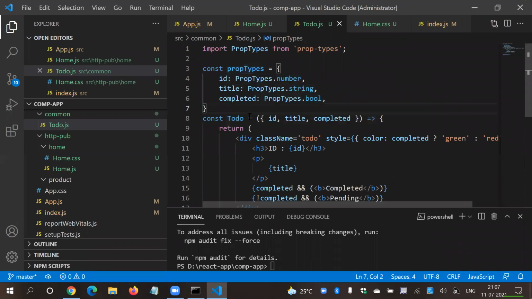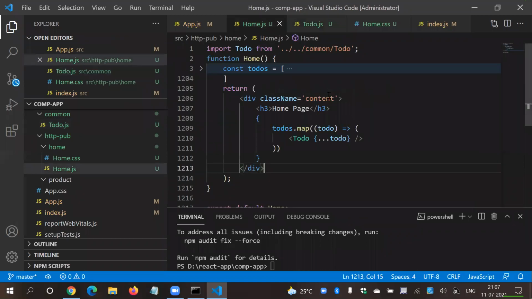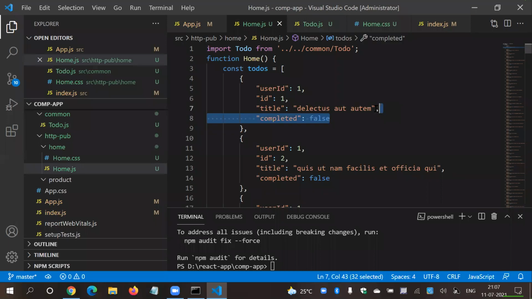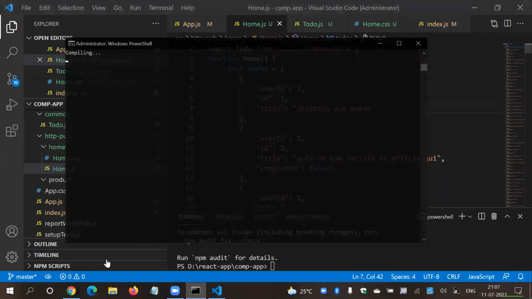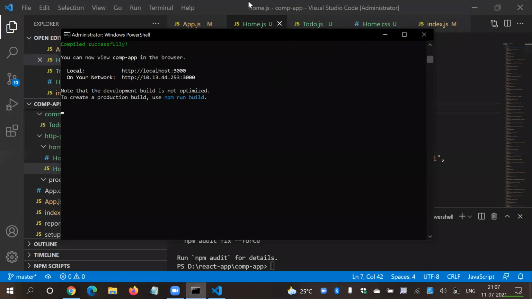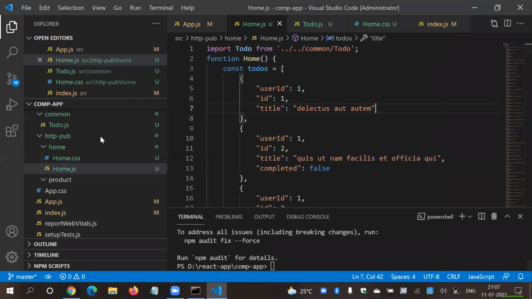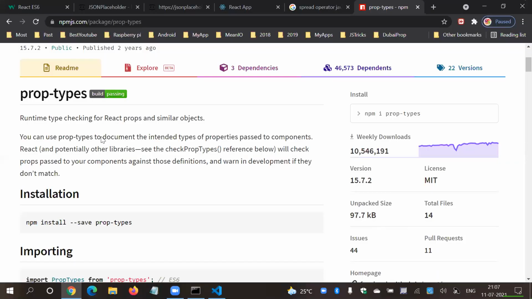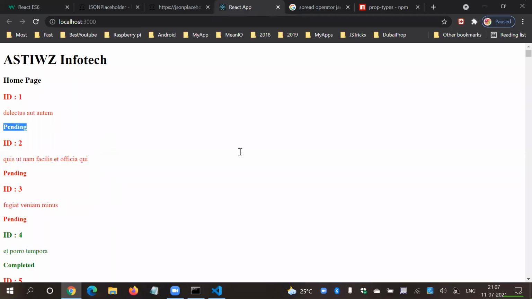Just follow this, guys. What happens if our JSON object is without that attribute, completed? In that case, by default it will consider it false. Nothing, null is again false, right? But what if I remove this title from here?